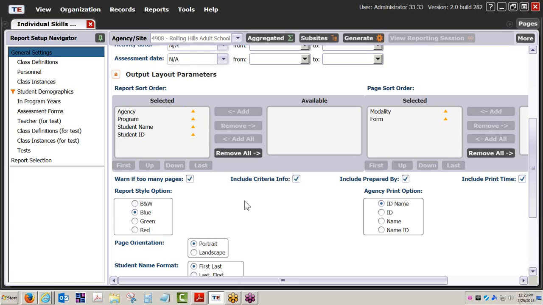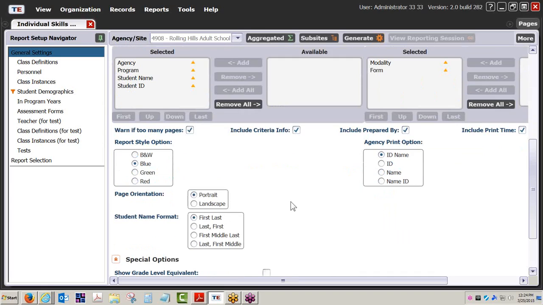Folks, basically I would keep the reports as generic as possible and generate those reports to become familiar with just the process of identifying the population for which you want to include in this generated reporting session. And then once you become comfortable in simply generating the report, then perhaps go back in and customize it. Now in this particular report, there's not much I would do to the report sort order, so I'm going to